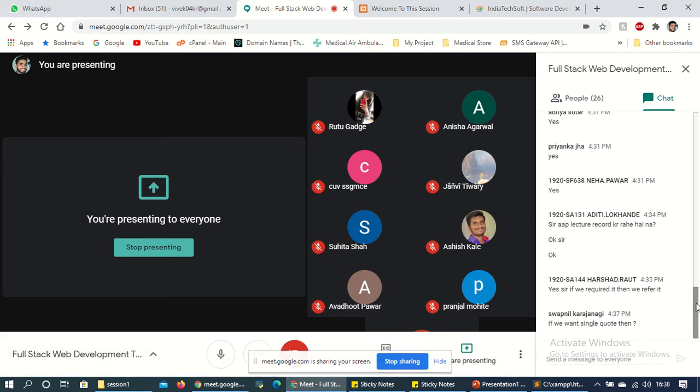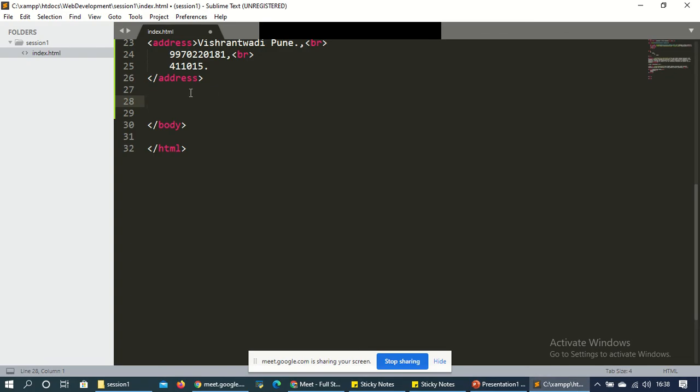Even if you want double quote, you can write like this. I am just giving a paragraph P, and I want to write something in double quote. So I directly give double quote and write hey, and just save. Or if I want only single quote, then single quote hey.